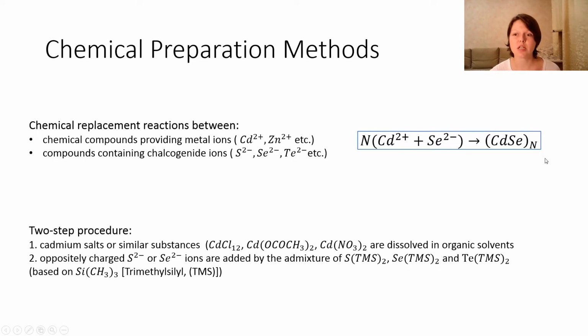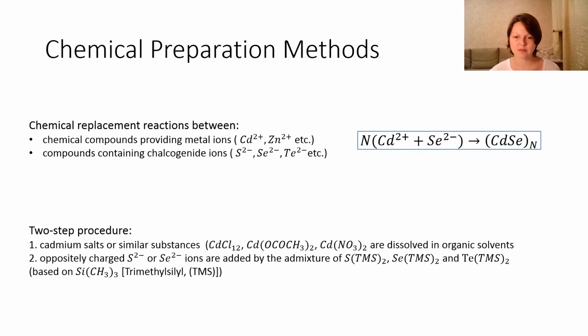Here is the example of cadmium selenide. The synthesis is more often a two-step procedure, where during the first step cadmium salts or similar substances are dissolved in organic solvents,